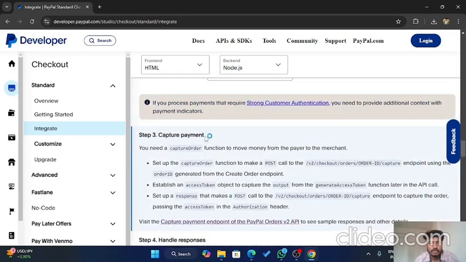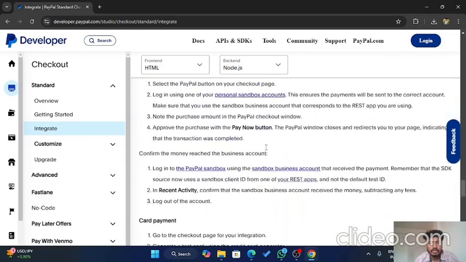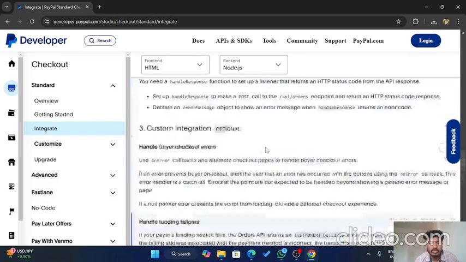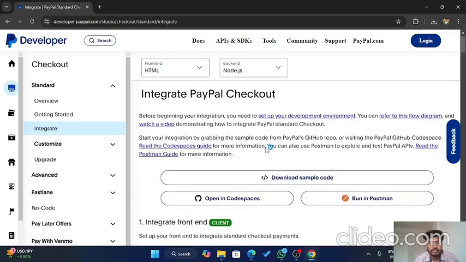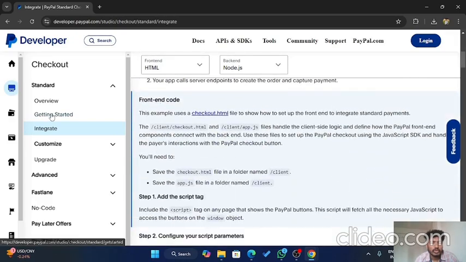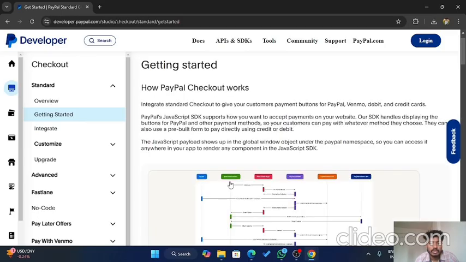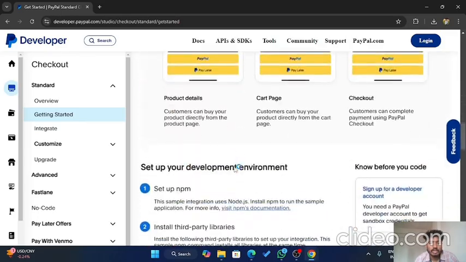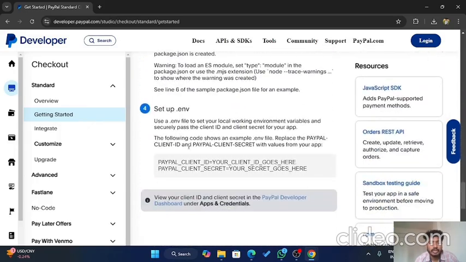Handling response, capture ID, some user ID and password. What am I doing here? Go to the getting started page, which gives step by step what to do. First of all, the fourth step, set up